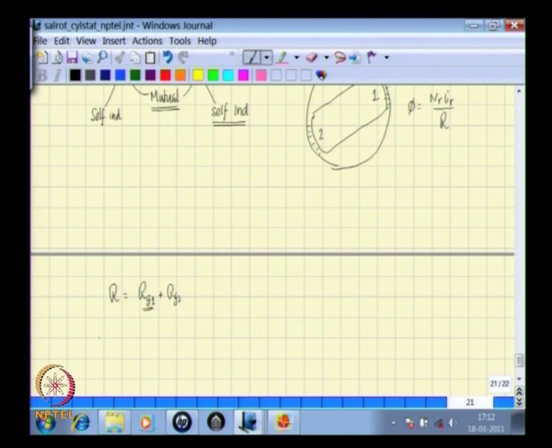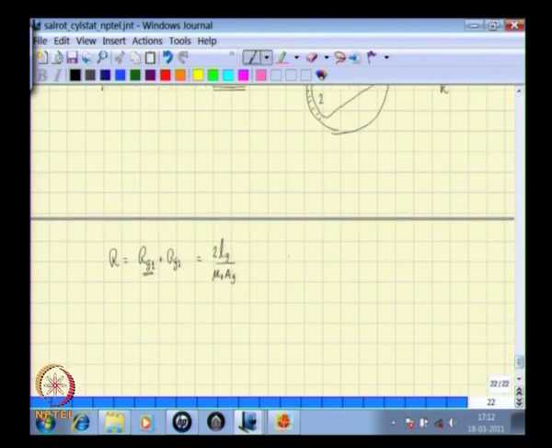So, if you add these two up, you get the total reluctance. Each reluctance is then described by length of the air gap divided by mu naught into area of the air gap. And since this is equal on both sides, the total reluctance is then 2 times this value, and therefore you can write the flux that is produced as NR into IR divided by 2 times length of the air gap multiplied by mu naught into area of the air gap,